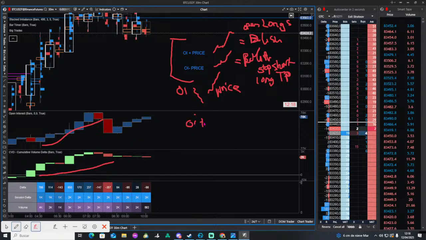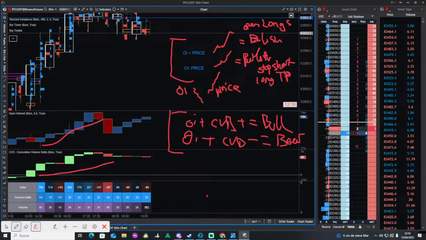OI plus CBD plus, bull. OI plus CBD negative, bear. Okay? So this type of concept is something you have to take into consideration once you're trading and once you get into a zone. So in order for you to have a real explanation, I have